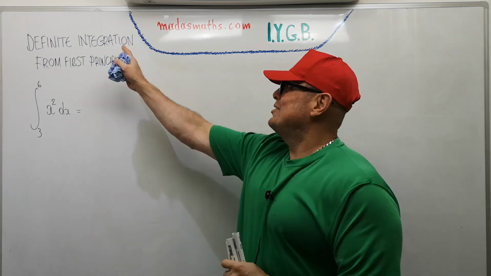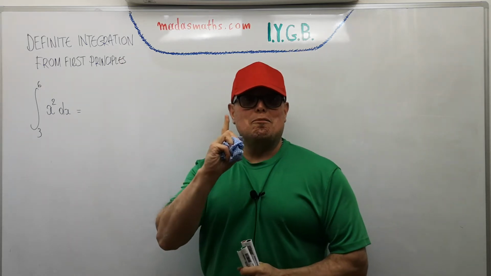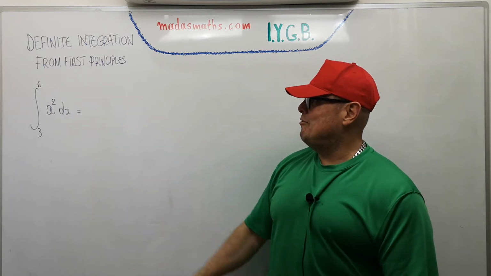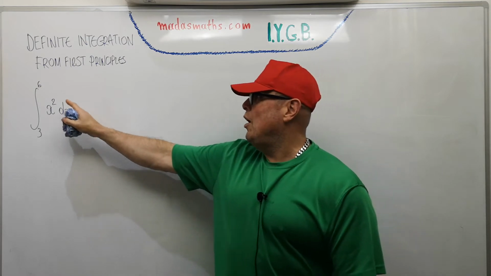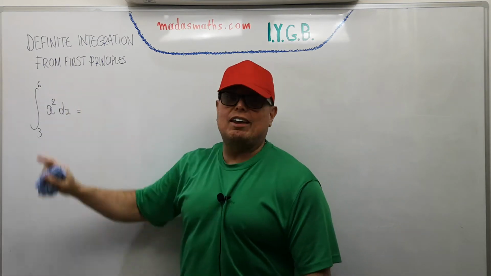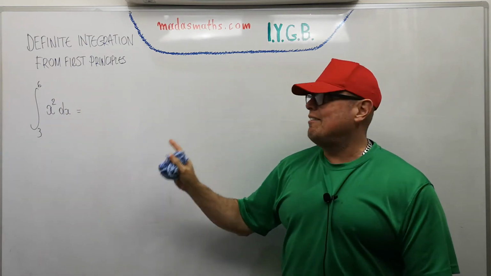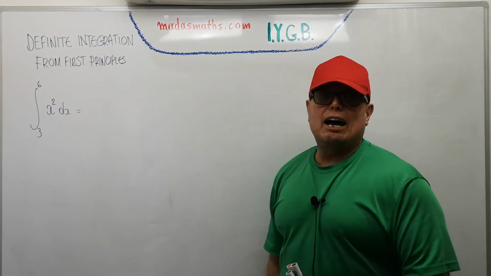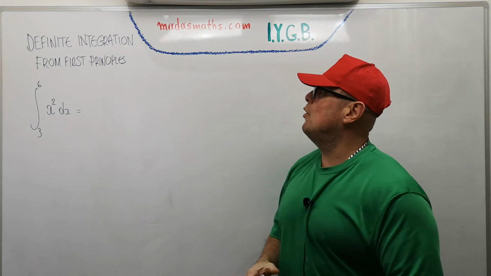Hello, greetings. Today, definite integration from first principles. We're going to attempt to actually find from first principles the integral of x squared dx from 3 to 6. There are a lot of YouTube videos that have this particular integral, normally from 0 to 1. We're going to do it from 3 to 6 for variety, so a little bit different, I suppose, with all